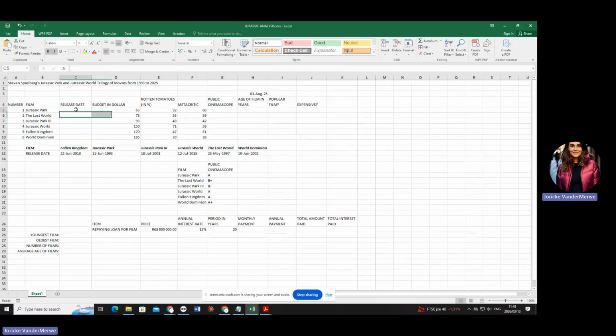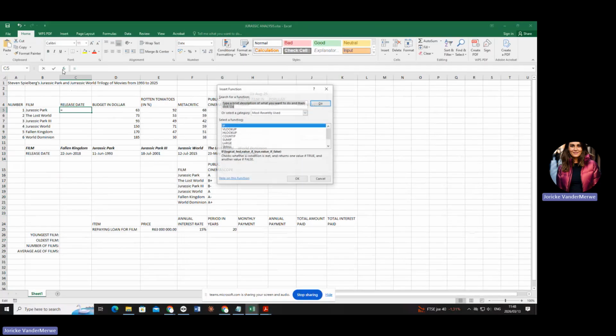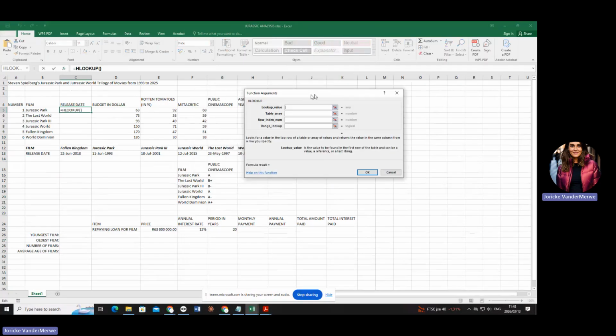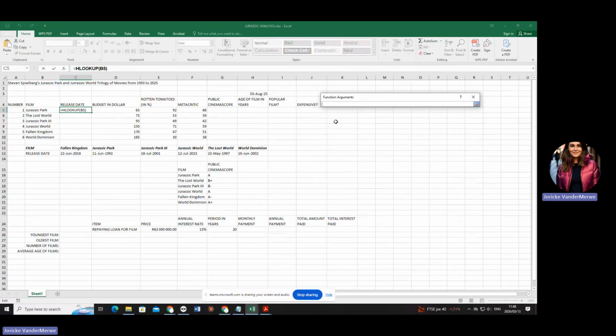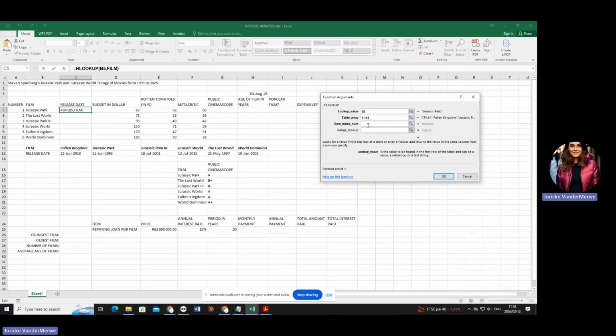Now you're going to go to release date. You're going to press on FX. We are doing an HLOOKUP. The lookup value that you're looking up is the film, because according to the film, it will have a date. The table array, you can type the word film, or you can just select everything and then it will give you the word film if you've done it correctly.